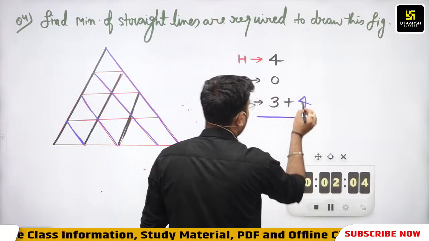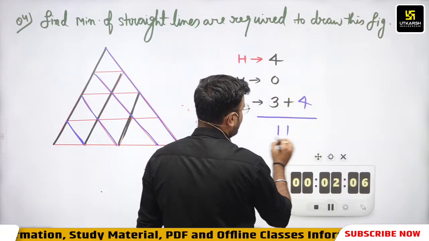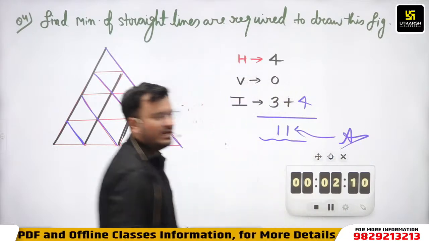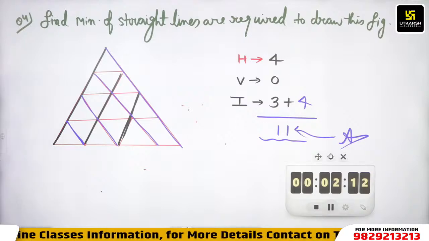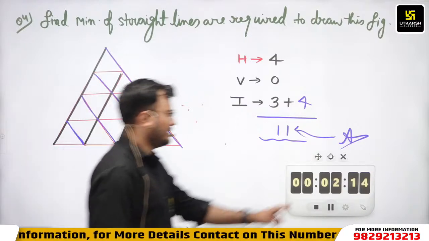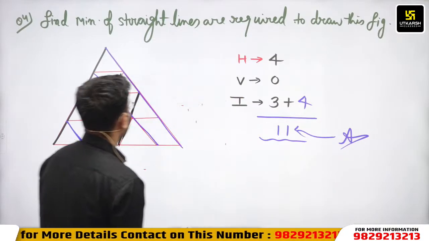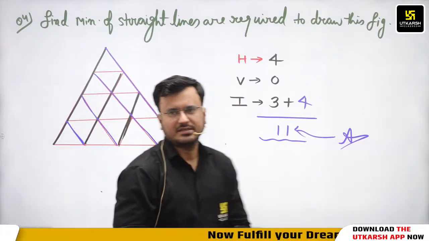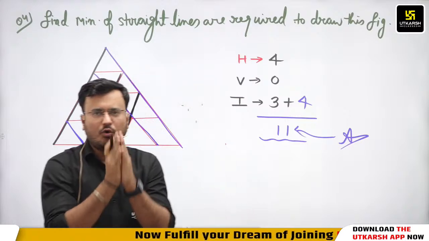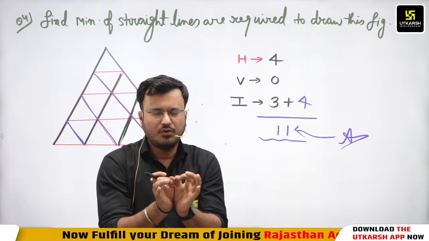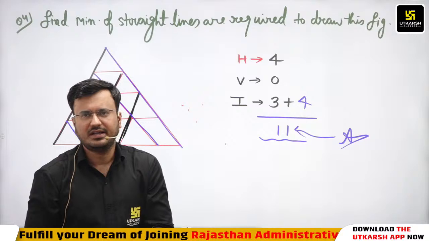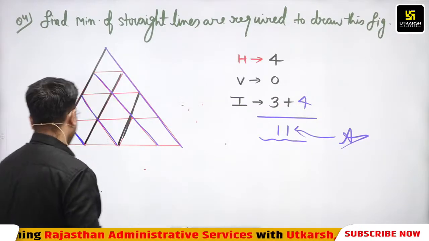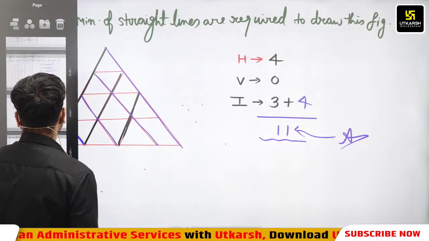So we can say 4 plus 4, 8 plus 3, so total 11 straight lines are there. Okay, so 11 straight lines are there. To draw this figure, how many straight lines are required? Total 11 straight lines are required. So now I hope you understood how to count the number of straight lines required to draw the given figure, and you can count very easily. Now we are moving forward